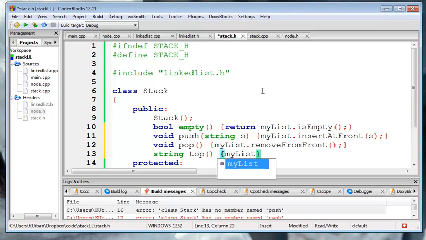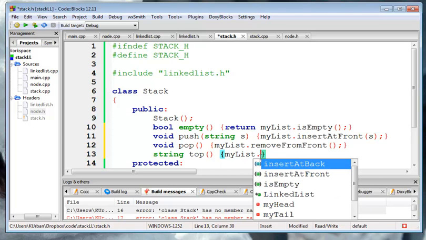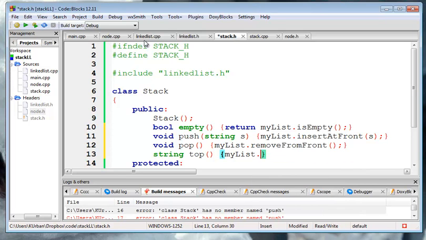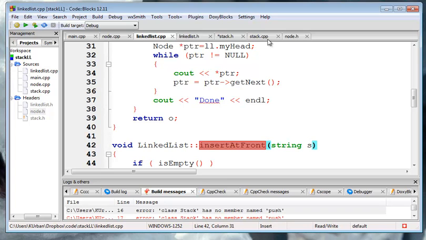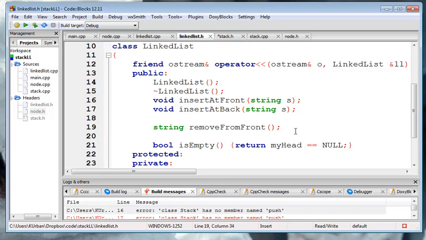Doesn't have a counterpart in the linked list class, so I guess we do have to make a modification to it. So I'm going to go into the linked list. All right, there's a my tail and my head, so I could put like my head arrow data, but I don't want to access private data. So let's go into the linked list class and let's add a